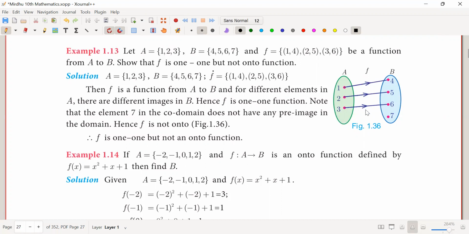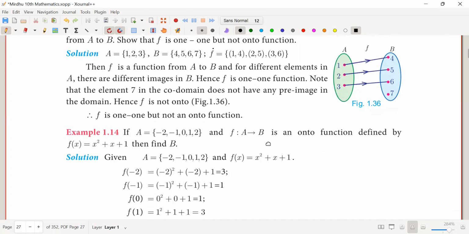It is an into function. A 1 to 1 into function. Right? Then